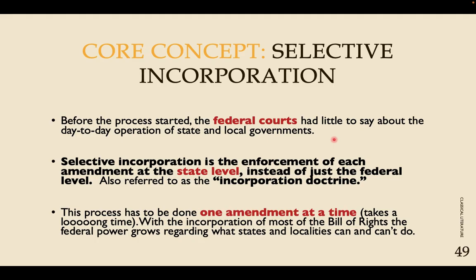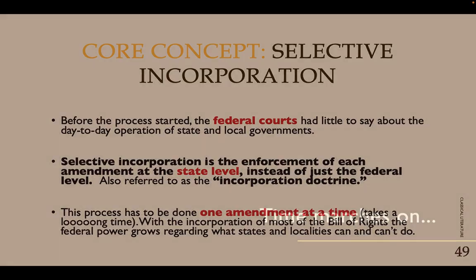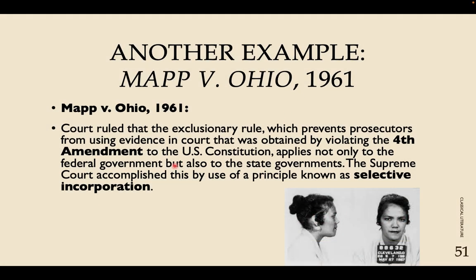It happens one at a time, and it takes a very long time to get there. So let's look at some of those cases that come up a little bit later, right? So time marches on. We talked about this one, Mapp v. Ohio. This was the lady who was hiding a fugitive, like a mobster, in her place, and where she was living they found ticket stubs that looked like illegal gambling activity, and so they seized it as evidence and prosecuted her.